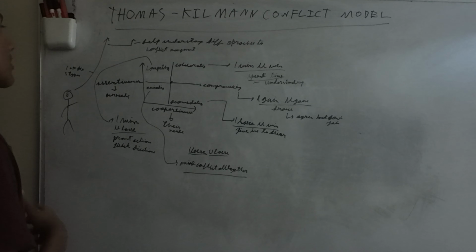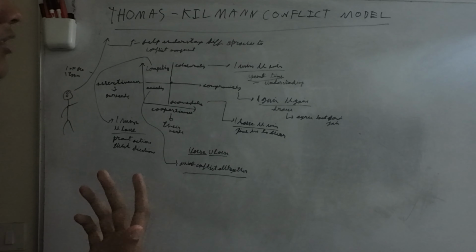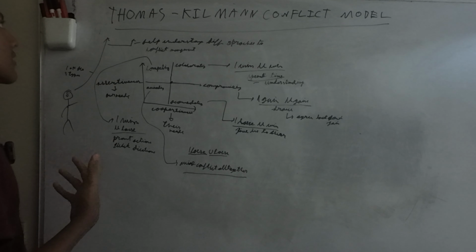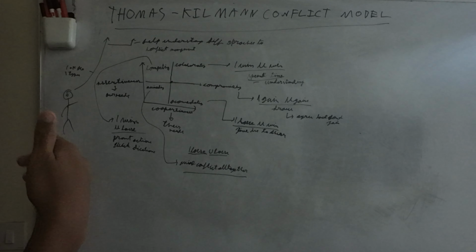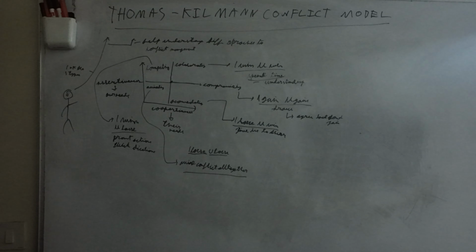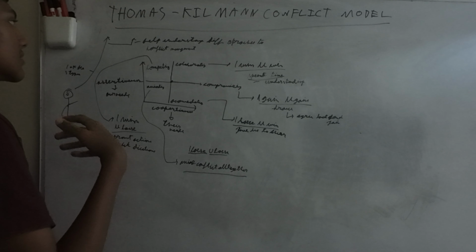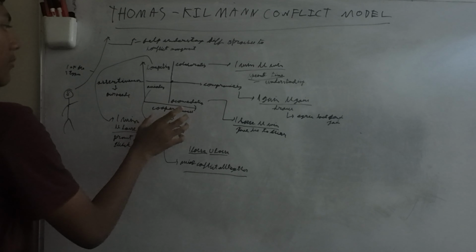Well, have you ever been in a conflict? You're arguing with someone, and when you're arguing, you can fall into one out of 5 types in the Thomas-Kilmann conflict model. So what exactly does it do? Well, it helps understand the different approaches to conflict management. There are 5 types of conflict management within this model, by a scale of assertiveness and